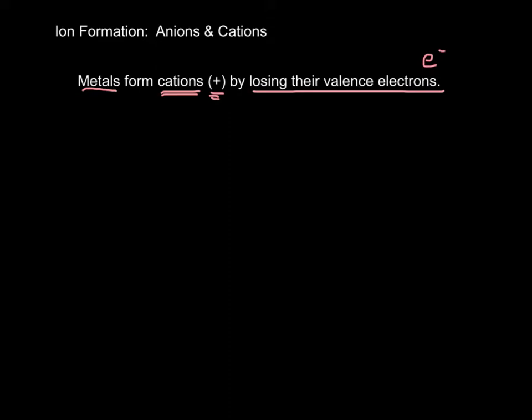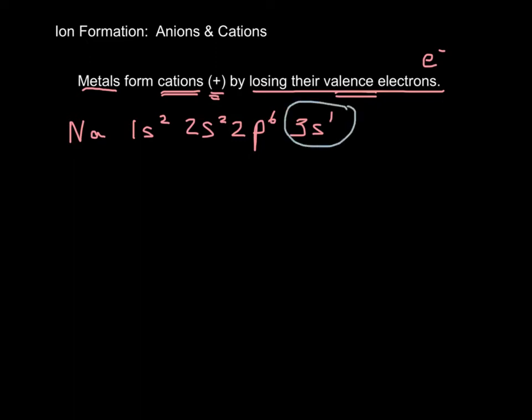Remember, electrons are negative, so when we lose them, we're left behind with a positive. And it's predictable how many electrons they'll lose if you know their valence electrons. So for instance, if we look at sodium, which is 1s2, 2s2, 2p6, 3s1, sodium has one valence electron. So it's going to lose that valence electron to form sodium ion, Na+,